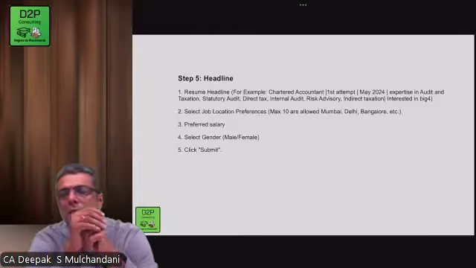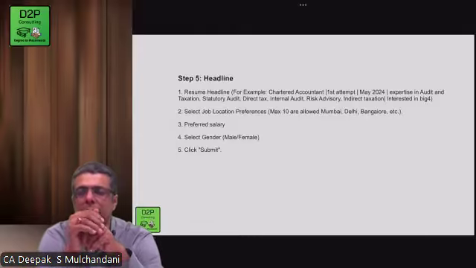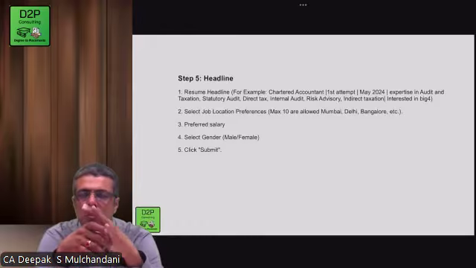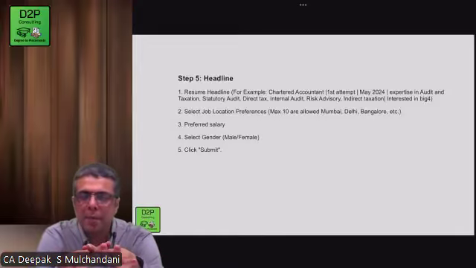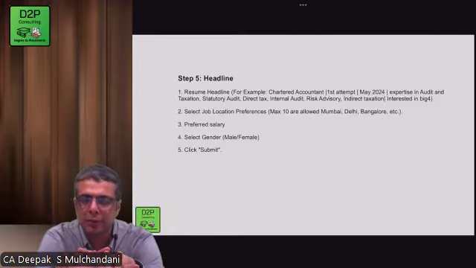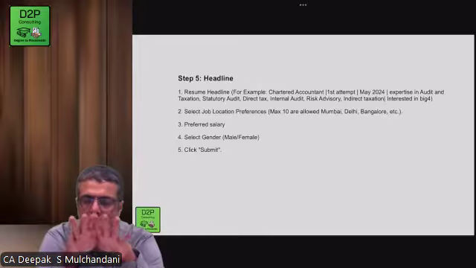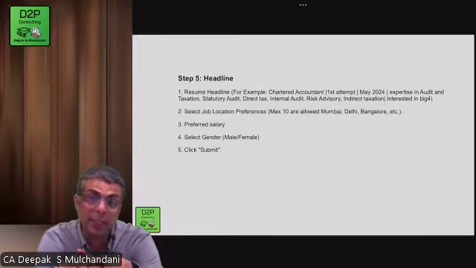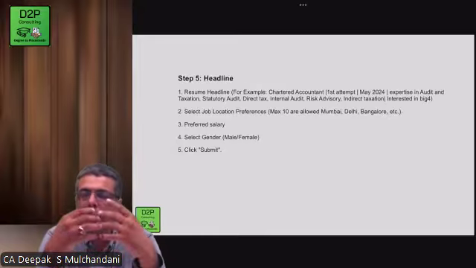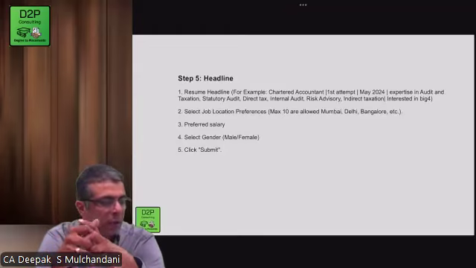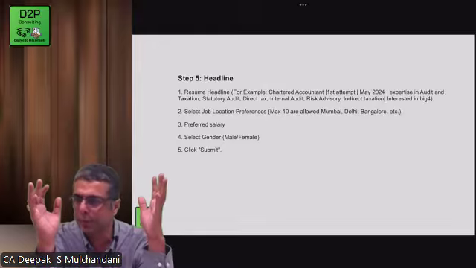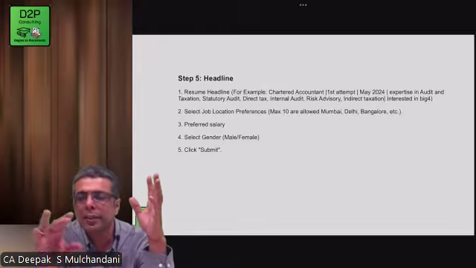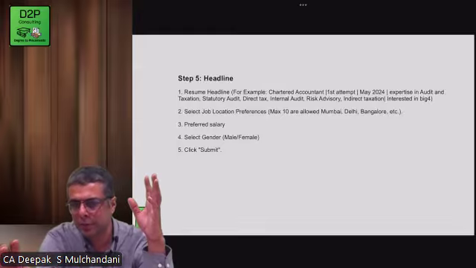Third point is the preferred salary. Now here, sometimes you try to be too overambitious and overexcited with your degree. Please understand, 5,25,000 chartered accountants already exist in this country. So the moment you clear CA, you are on cloud nine. How much do you want? I want 20 lakhs, 7 crore. Won't help. A reasonable salary range should be given.